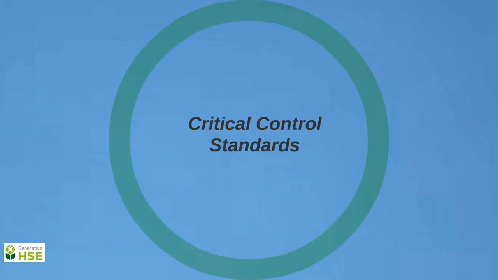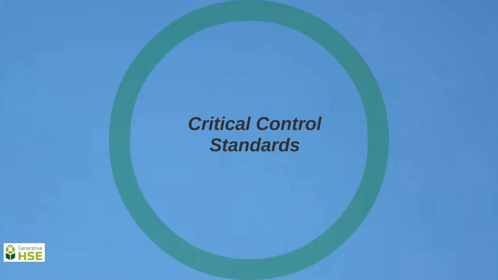I spoke earlier about having a layered approach, and this is what I was referring to. As we just looked at, frontline personnel are accountable to assess whether a task is critical and what critical controls are required and in place prior to commencing their task, and their supervisors are accountable to ensure that that is in fact happening. The next layer is critical control standards, and the responsibility for those usually falls on the superintendent or equivalent for the design, implementation and auditing of these critical control standards. And managers are responsible to ensure it's happening.